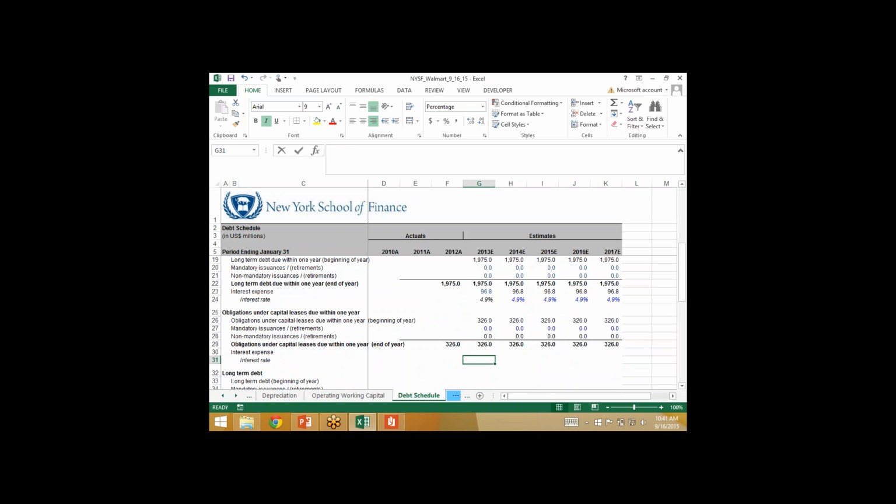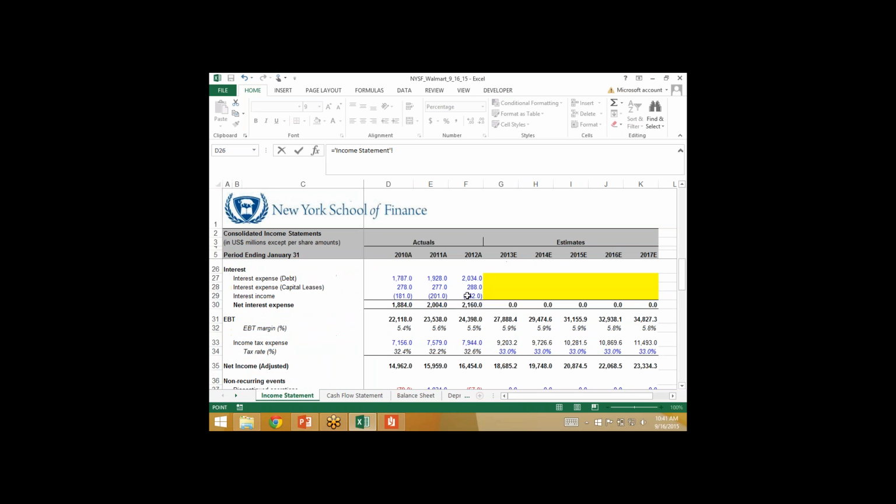I probably should have had it linked in the book. But I'm going to do equals. I'm going to back calculate into the actual interest expense by taking equals the income statement 2012 interest expense on capital leases, divided by the average, open parentheses, so make sure you got this. So it's the interest expense on capital leases divided by the average of,